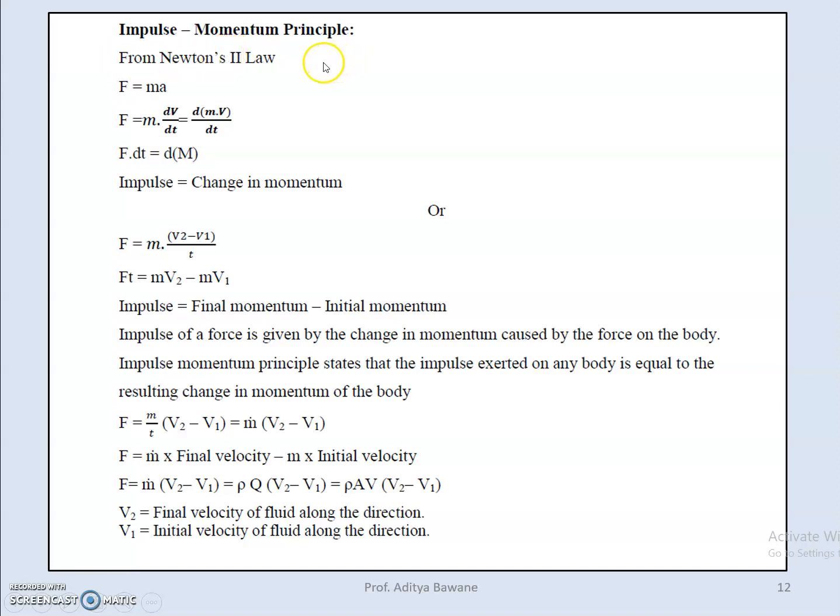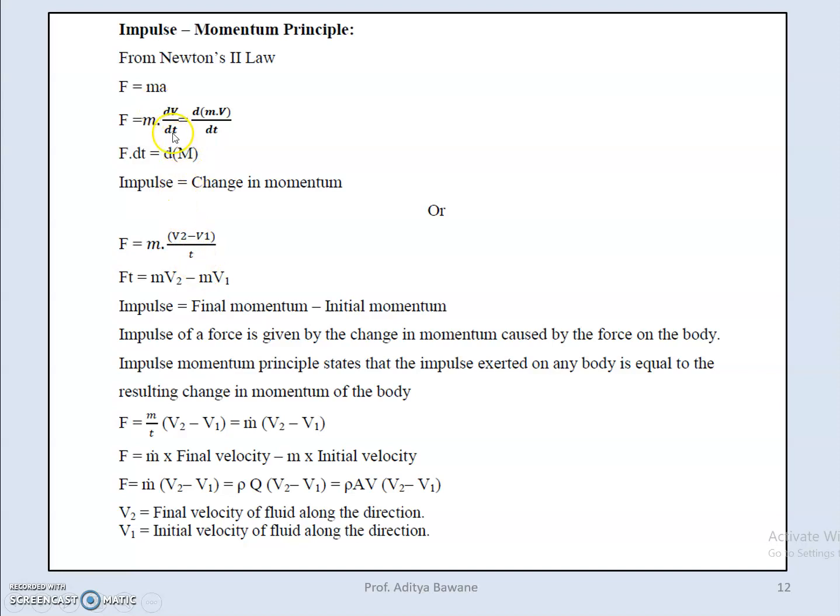Now we study the impulse momentum principle. We know from Newton's second law, force equals mass into acceleration. Acceleration is nothing but rate of change of velocity. So if I take this m inside the derivative, m dv by dt, and multiply by dt, we get F into dt, and m into v is nothing but momentum. So this is impulse, and this is the rate of change of momentum. So I can say force equals m dot (v2 minus v1),